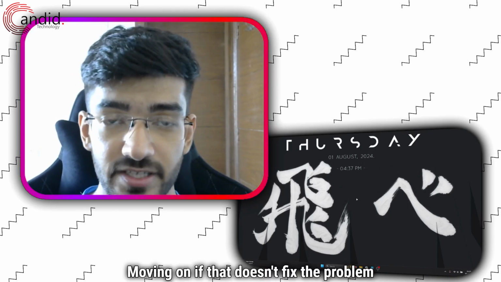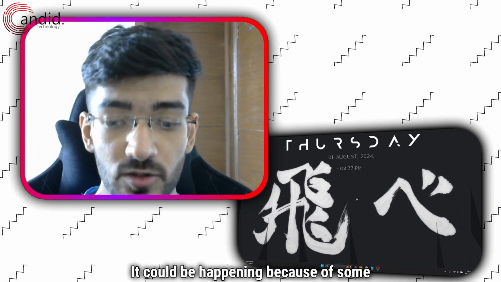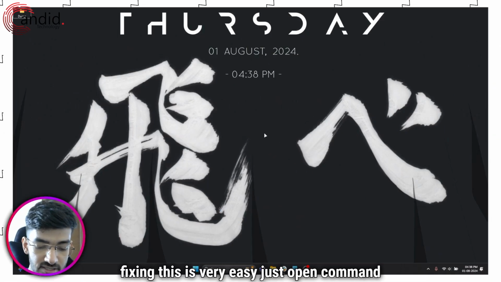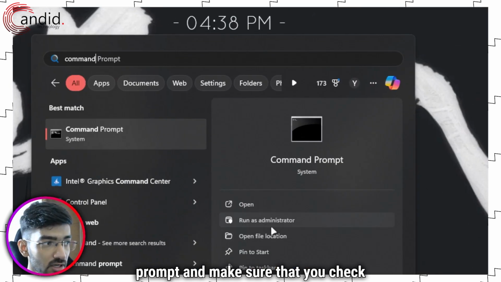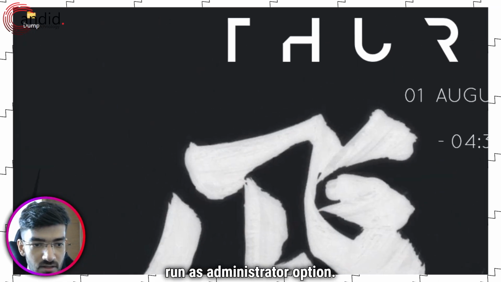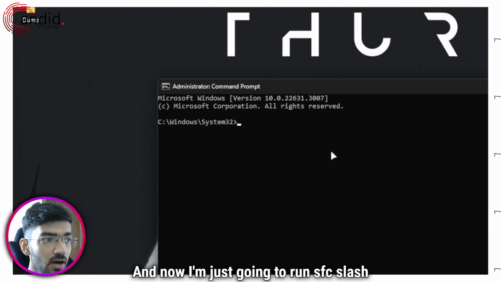Moving on, if that doesn't fix the problem and you have enabled secure boot in the BIOS but it's not working in Windows, it could be happening because of some corrupt Windows files. Now fixing this is very easy. Just open command prompt and make sure that you check this open run as administrator option. So we're going to go ahead and click OK, give it the permissions that it needs, and now I'm just going to run